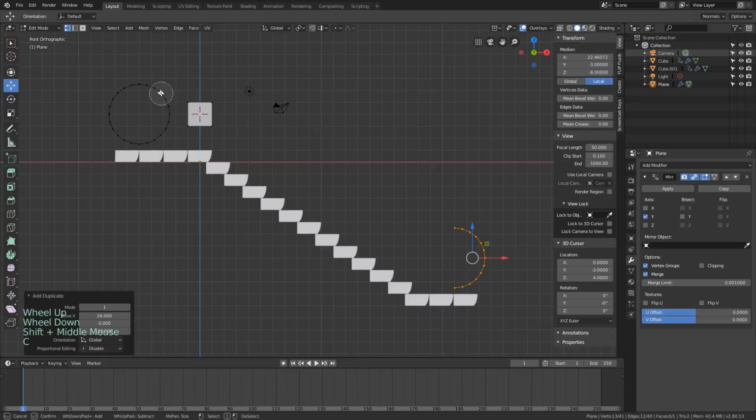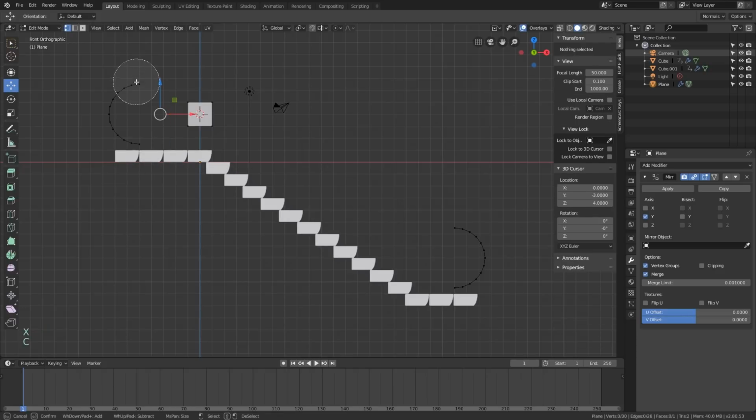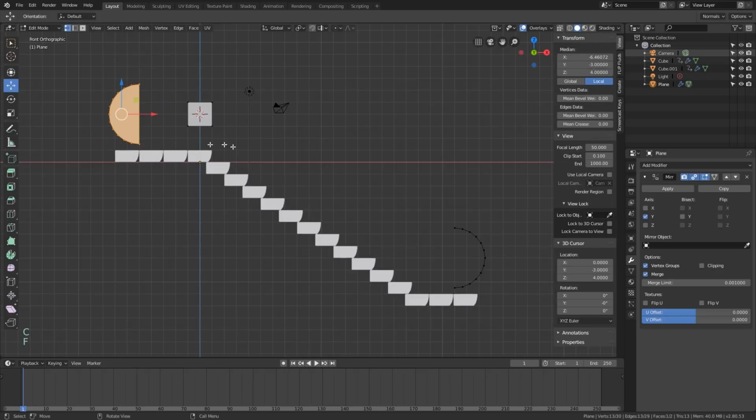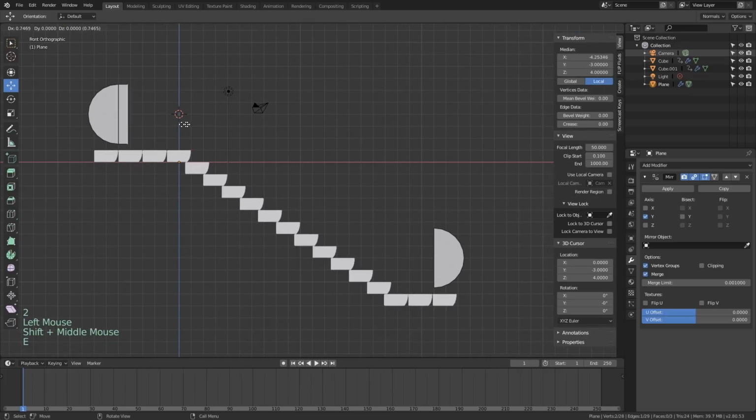So got my semicircle there. Let's make this one a semicircle as well. Delete those vertices, and then circle select this, press F. Circle select this, press F. And it's probably honestly going to be easy just to get rid of this. Kind of change my mind in the middle of it there.